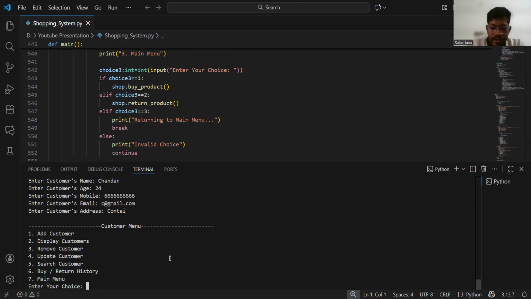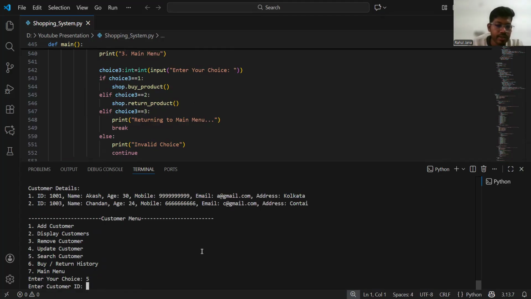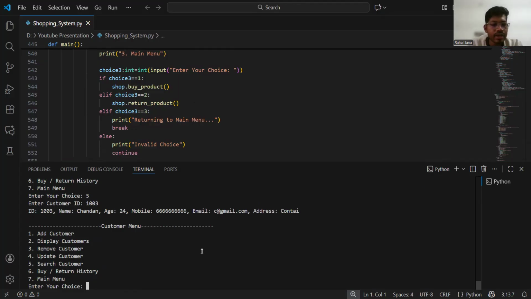Now I am displaying the customers. It shows 2 customers. Now I will perform the search customer. For this reason, I am giving 5 for searching customer. Here it asks for customer ID. I am giving 1003, and it shows the customer with the customer ID 1003. Look over here, it is the customer we searched with the ID 1003,